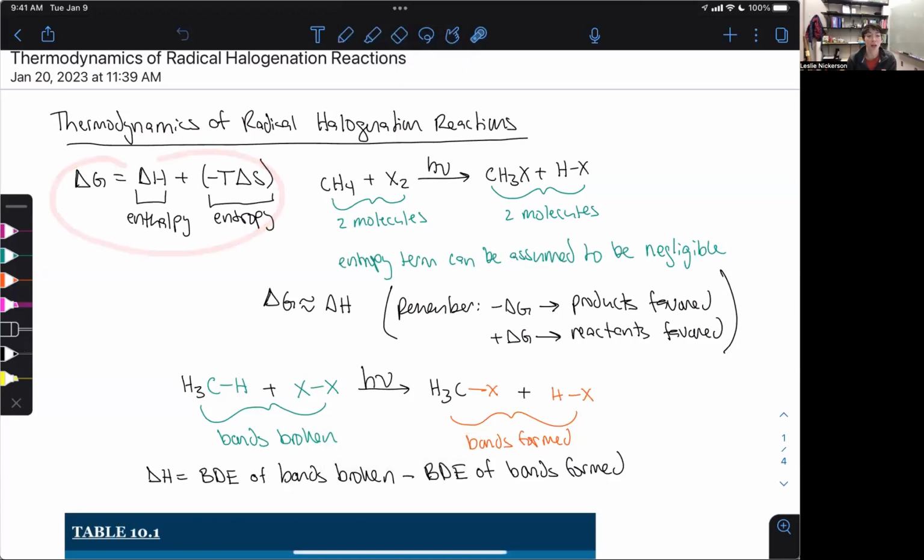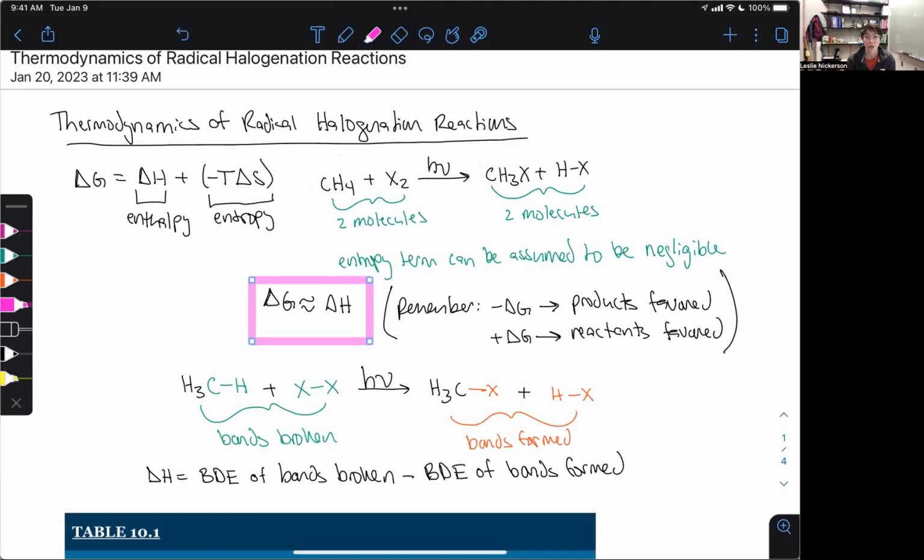All right, so delta G is made up of the enthalpy and the entropy terms. In this particular case with these radical halogenation reactions, since we're starting with two molecules and ending with two molecules, we can essentially assume that the entropy term is going to be negligible because we've got the same amount going in as going out. So the entropy is not going to be a really big factor in this reaction. So our Gibbs free energy basically boils down to this, where our delta G is going to about equal the delta H